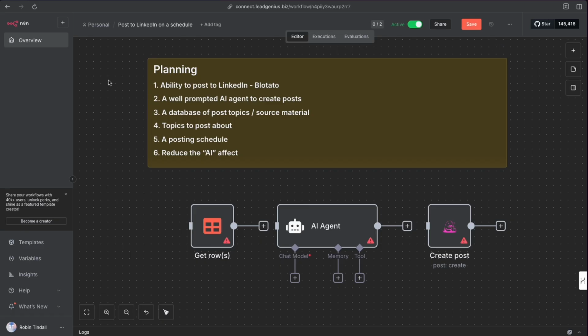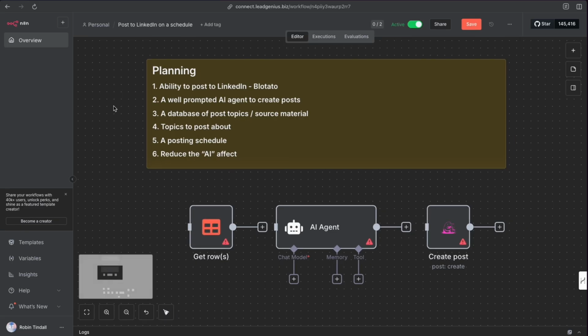Now, you could whiteboard this out. In the interest of this video, because I have actually built this before, I'm accelerating through it, but you'd probably start with this on a whiteboard. Don't get stuck into n8n, but I'm using n8n as my whiteboard for the sake of expediency on our video. Okay. So we've got a database,